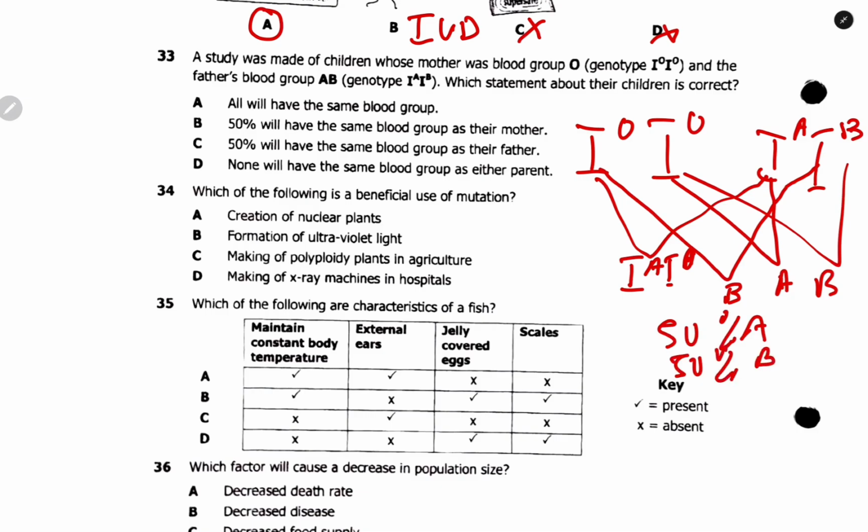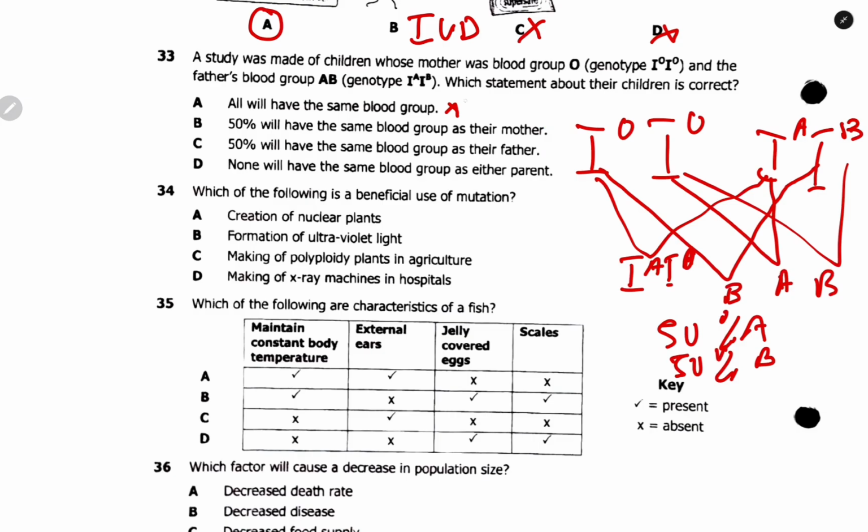B. So which means all will have the same blood group? No. 50% will have the same blood group as their mother. Yes. 50% will have the same blood group as their father. None of them have the same blood group as either parent. So